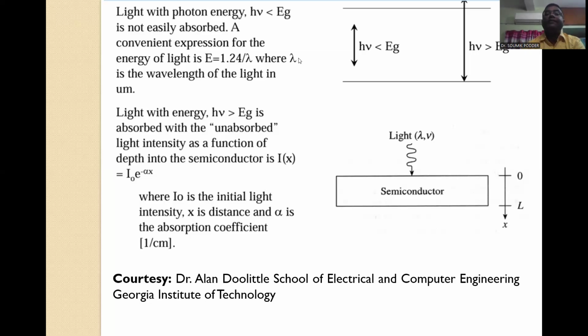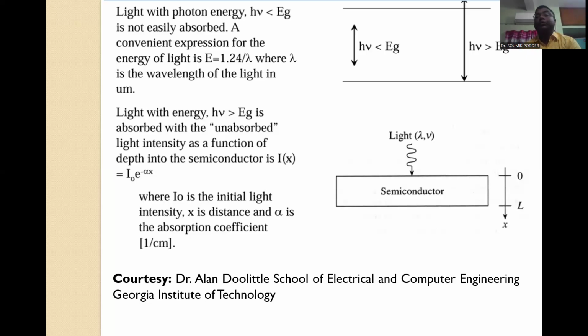The energy of the incident photon is given by E equals 1.24 by lambda. What is lambda? Lambda is the wavelength of the incident light in micrometers. And this 1.24 value is coming